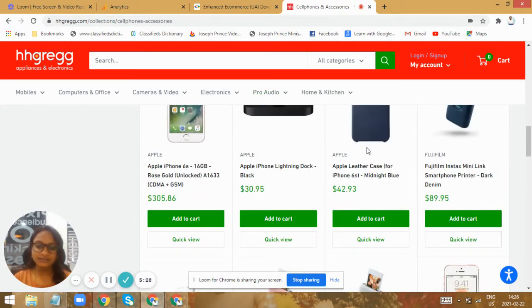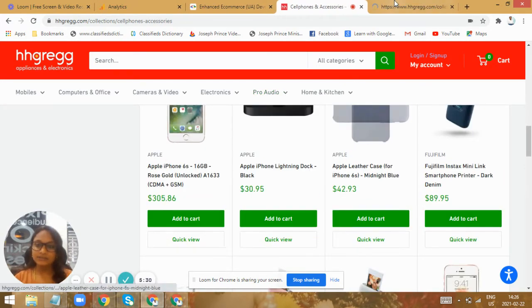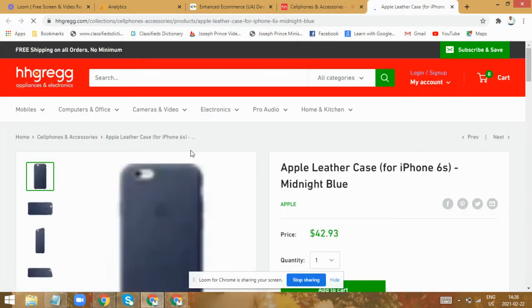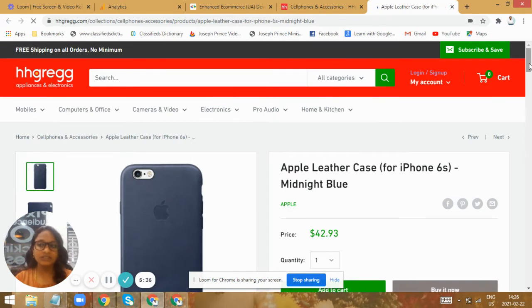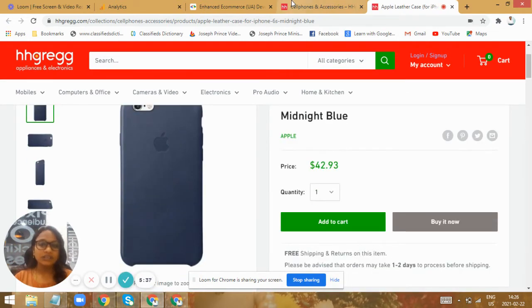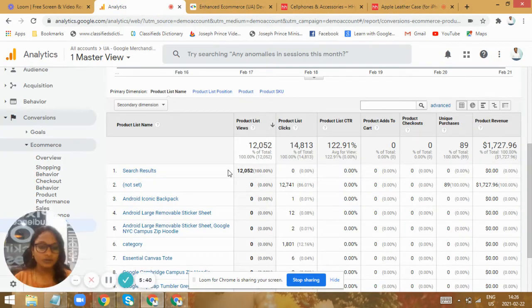So if I click this product, then we need to know and inform Google Analytics that this product is being clicked and viewed so that it can generate this kind of reports. I know the number of clicks a product got and the views a product got, and based upon these reports, we can implement advanced marketing strategies so that the budget would be spent well.